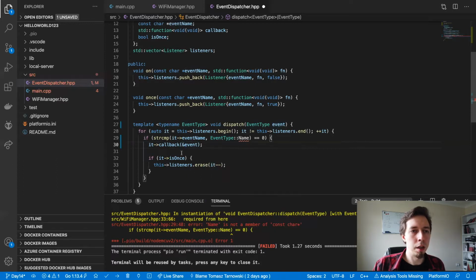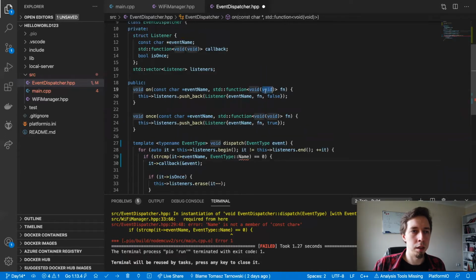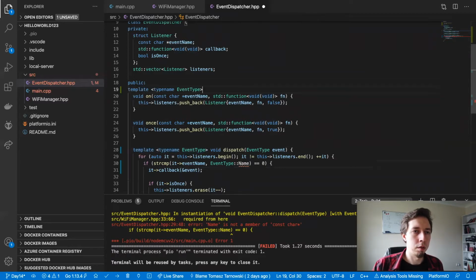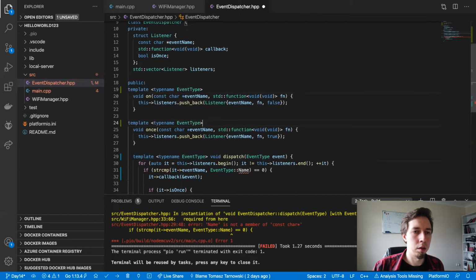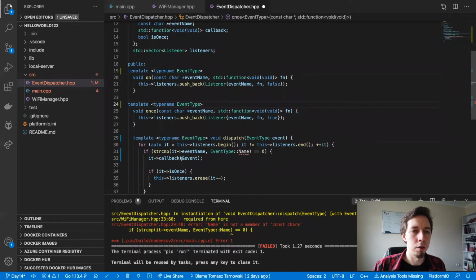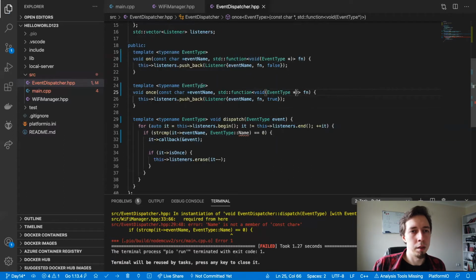Okay, but that changes the way these on and once work, right? Because we need to be able to take this also with the generic. Right, we want the listener to receive an argument, and that argument would be the event type pointer. Perfect. This is not all though, because just